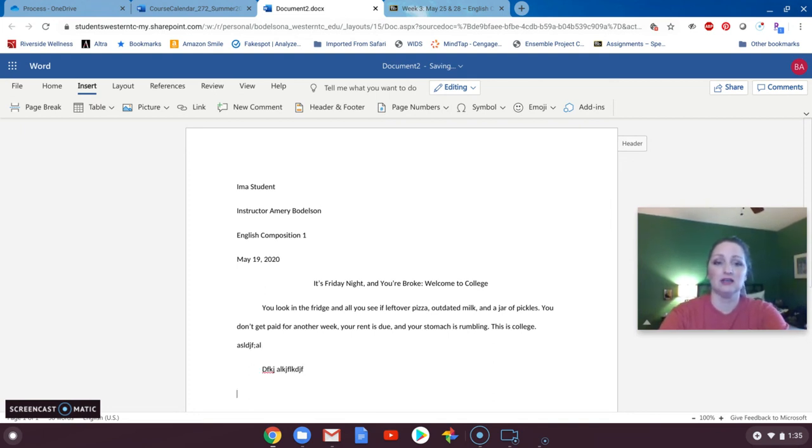As you're typing, you will see as you start a new paragraph, if I hit enter, it will automatically indent it for me. So depending on the program you're working for, it might do that for you too. So that is an MLA formatted essay. That's what we mean when we're talking about MLA. And as we get closer to doing your research, we'll talk about what it means to cite your sources in